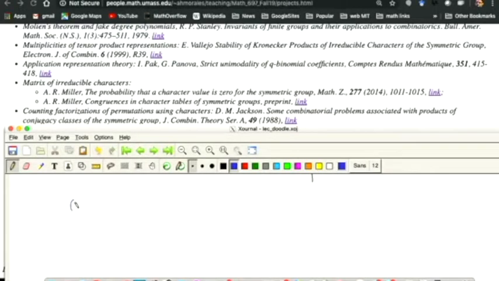Okay, so the next project is about counting factorizations of permutations using characters. In a homework we saw how we can use characters to compute the number of factorizations of an element of a group if we want to control the conjugacy classes. So say that in a symmetric group I want to write the long cycle of size n as a product of n minus 1 transpositions. So for example, if I have the long cycle (1 2 3), I can write